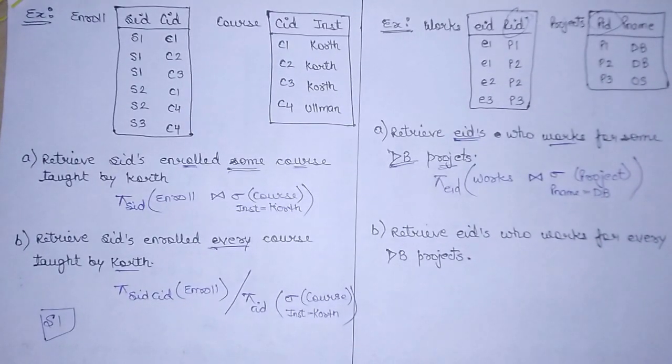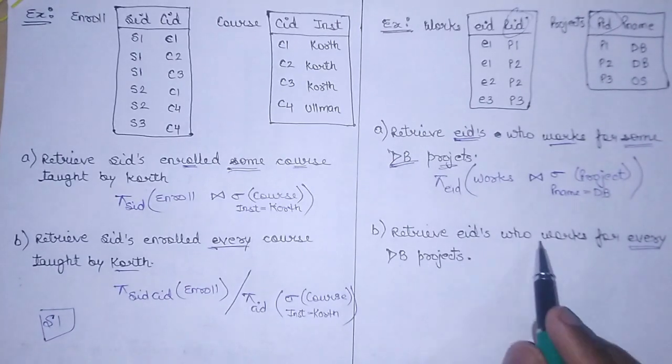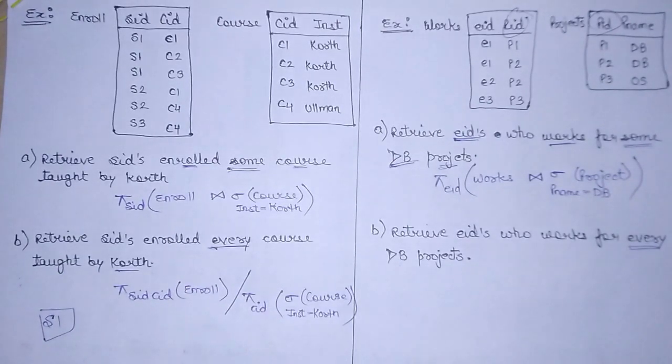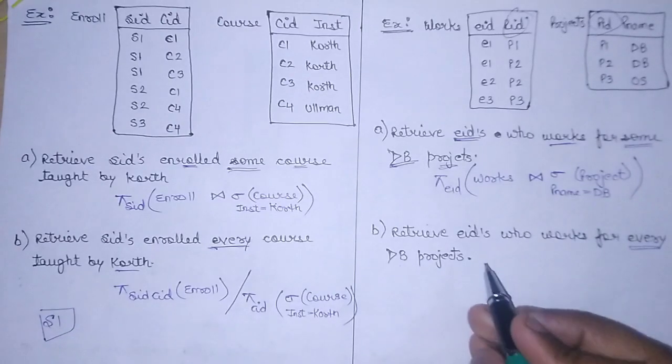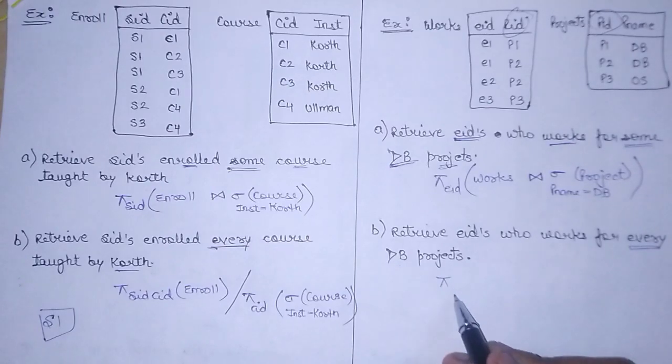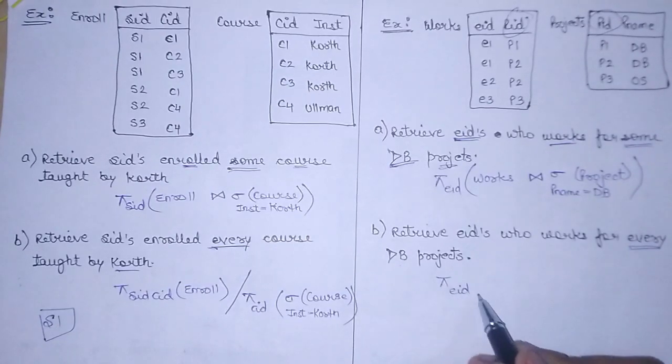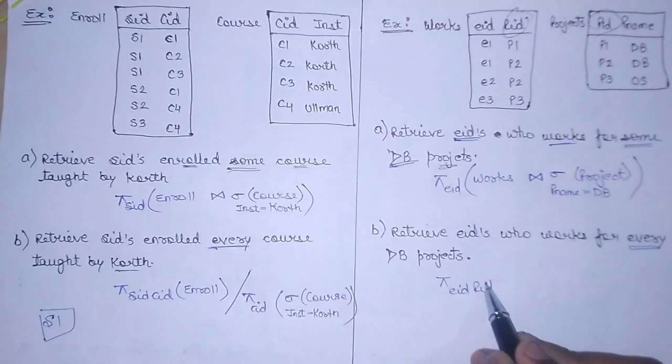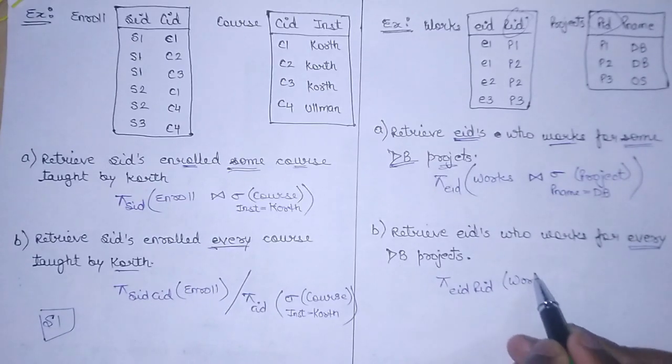Now go with the second thing. In second, you again see there is a every keyword. Here it was sum, so we know that we do not need to use the division operator. But in the B query, I know that I need to use the division operator. So how it will work? Retrieve employee ID who work for database project. This is pretty much same as this because you have to retrieve employee ID. So in the numerator it will be project employee ID with project ID from this works relation.